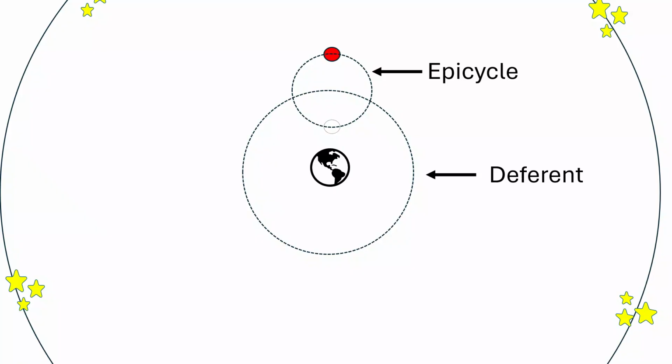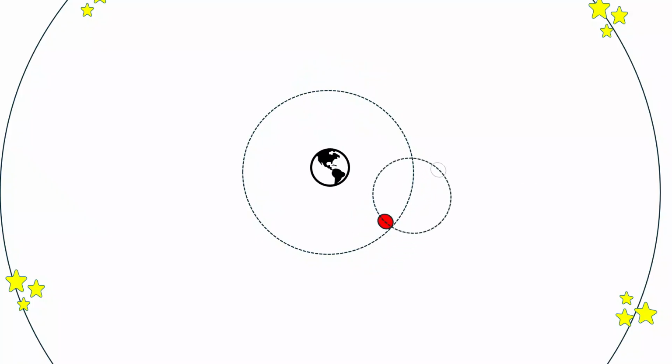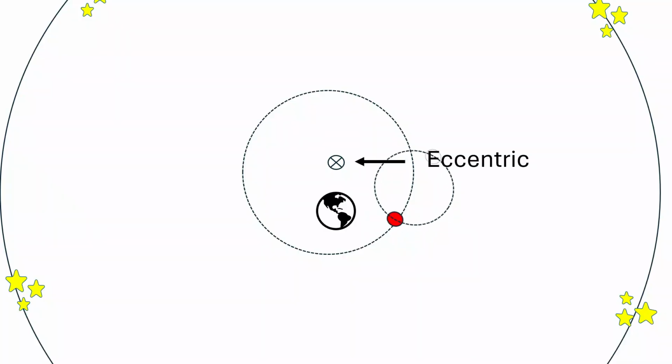In Ptolemy's model, retrograde motion was explained using two circles, a small one called an epicycle and a large one called a deferent. A planet would revolve along the epicycle, while the center of the epicycle revolved around the Earth along the deferent. However, in order to have agreement between the observed positions of the planet and the predicted positions from the model, Ptolemy had to offset the center of the Earth from the center of the deferent. The center of the deferent is called the eccentric. The need for eccentricity presented a problem for people who thought, for physical or philosophical reasons, that the Earth should be the center of motion in the planetary system.